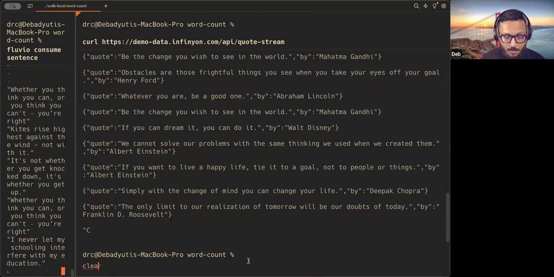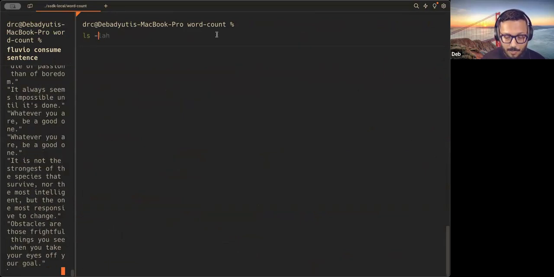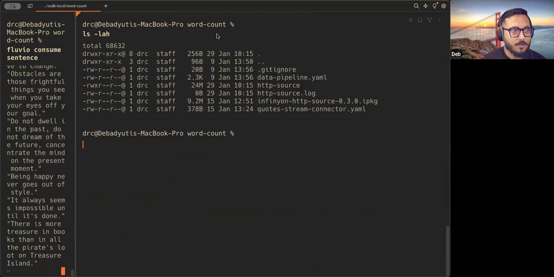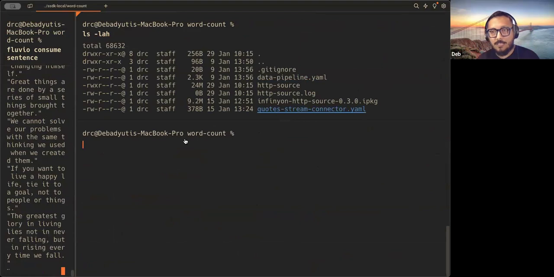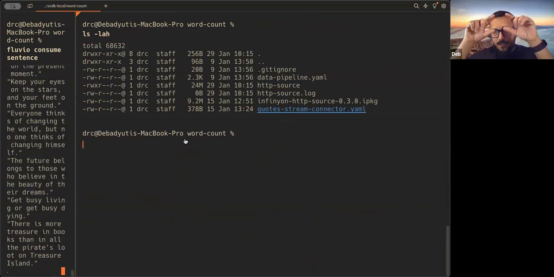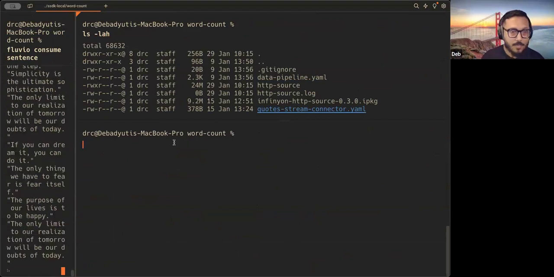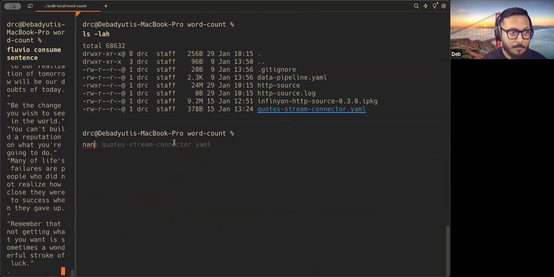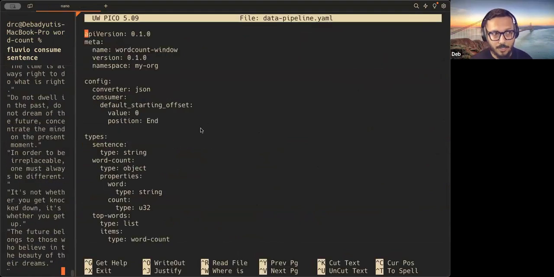So the idea of this composition is this. There is a pipeline file, right, called data pipeline.yaml, right? And we are trying to build a stateful service where we are going to count words. We're going to count words and find the top words, and we're going to do it on tumbling windows of 20 seconds, okay? So if we look at the data pipeline file, we will find the composition, and this is